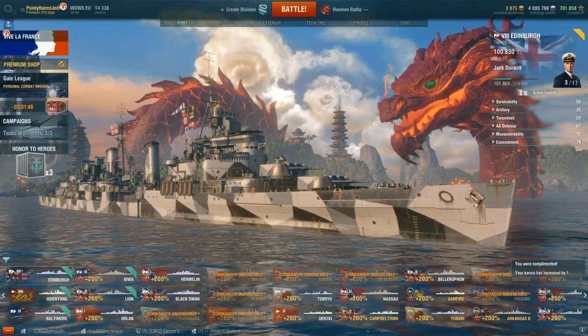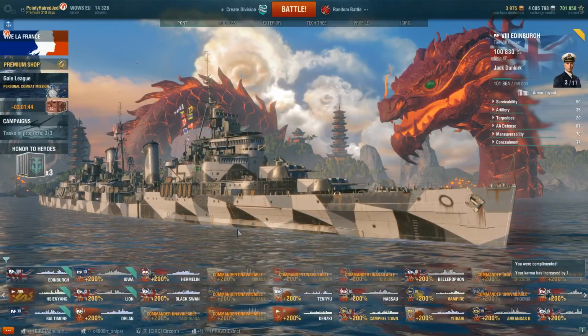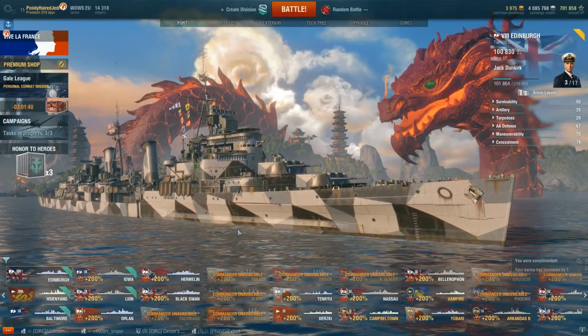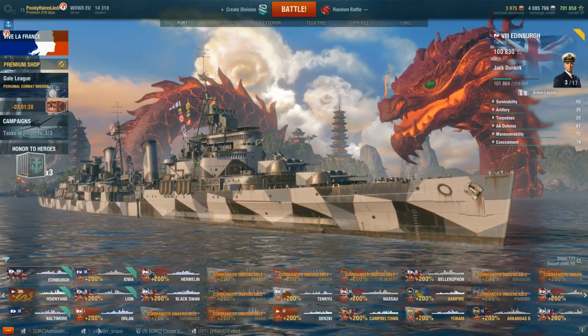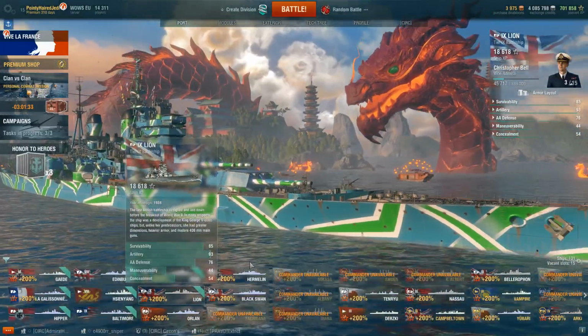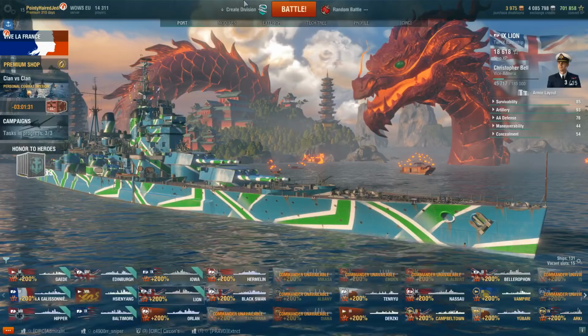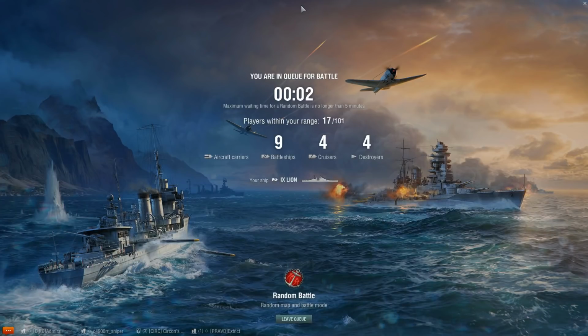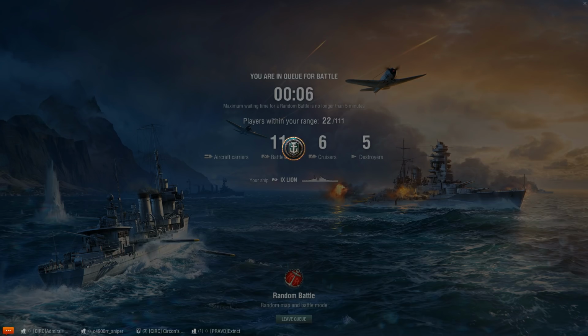Marked the Neptune. It's all right. What's left? I think just the Lion. We'll give the Lion a go. I don't feel like trying the Iowa again. I think after this point, if we can't get a win with the Lion, I'm just going to play ships for fun. Just going to play whatever I want to play at that stage. I know, playing World of Warships for fun, it's a wacky concept, but...